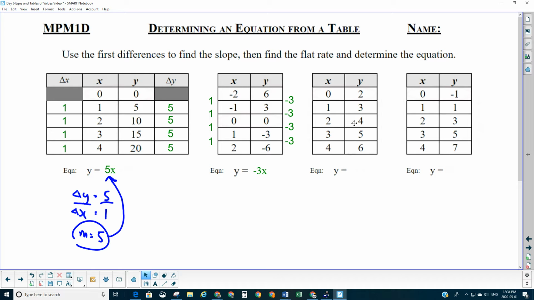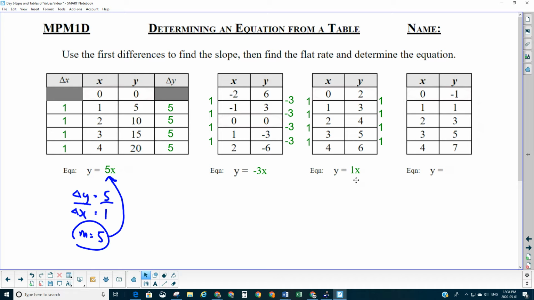Let's look at the next one. Going up by 1s again. It looks like it's all going up by 1s. Now let's read the y's. 2 to 3 to 4 to 5 to 6. That looks like it's going up by 1s as well. Again, you can check any of these by subtracting. 5 minus the one before is 4, is 1. So I'm going to then predict that my equation is y equals